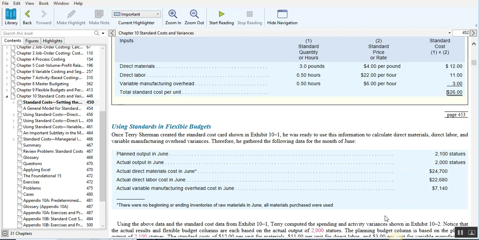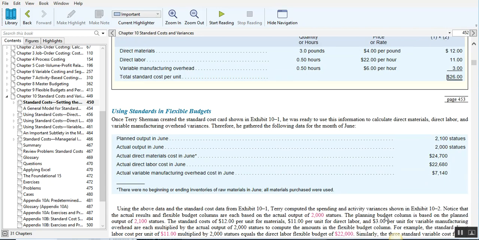So when we look at standards, we're going to look at it basically in two ways. We're going to look at the standard in the price, and we're going to look at the standard in the quantity. For materials, we'll look at the standard in the price and the standard in the number of hours used for direct labor. So the hourly rate and the hours used for labor. So here you see